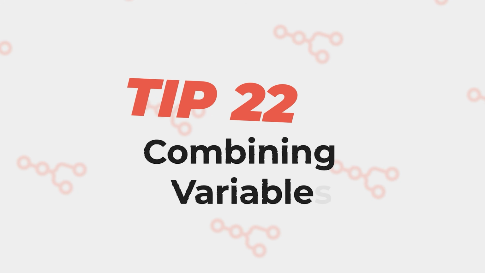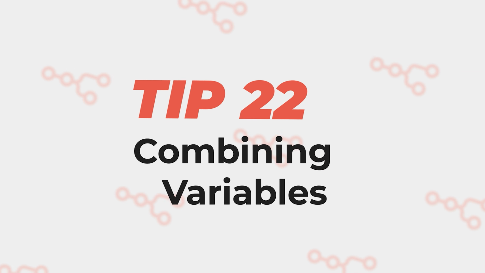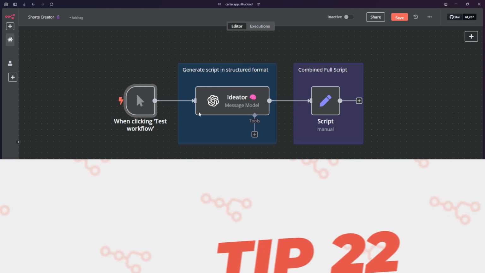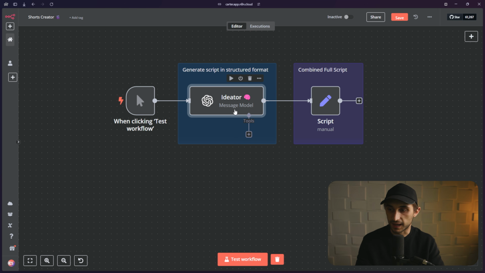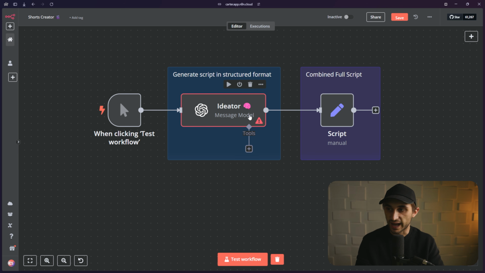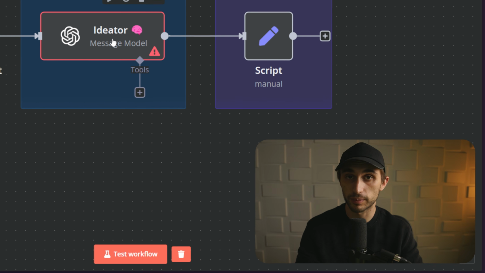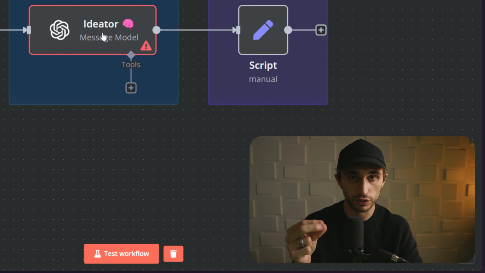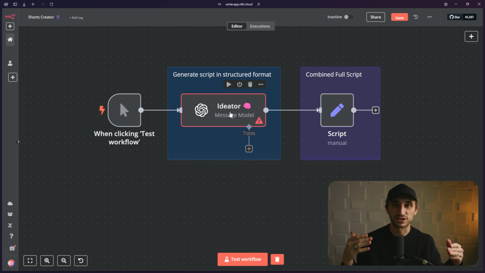Tip number 22 is to combine variables using the set field to pull them into one individual variable. This example will make this make a lot more sense. In this workflow, I have this ideator ChatGPT chat completion here, and this generates scripts, but the way it generates the script is in different parts. I have an intro, a base for the middle of the script, and then I have a call to action in the outro. I want to be able to break this script into multiple parts for later in my automation